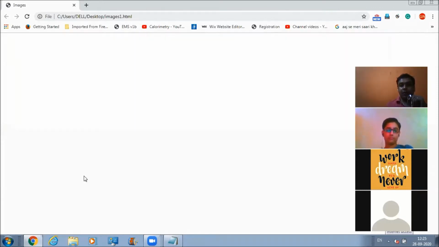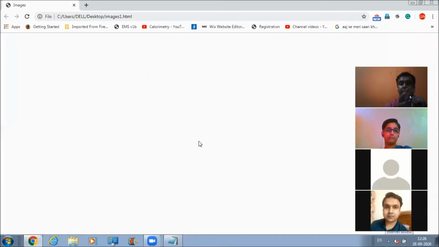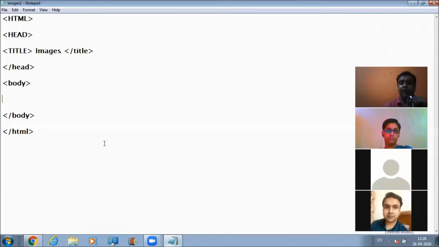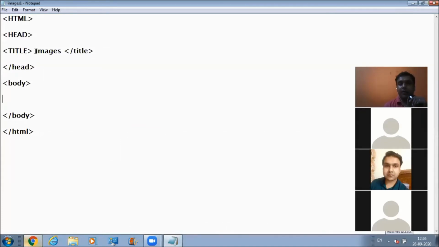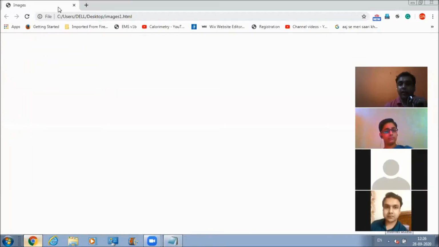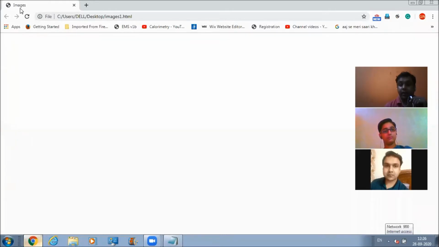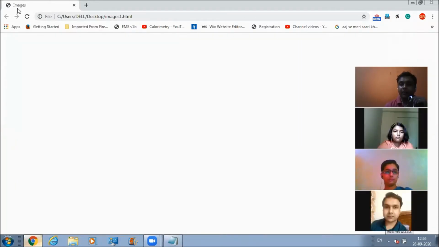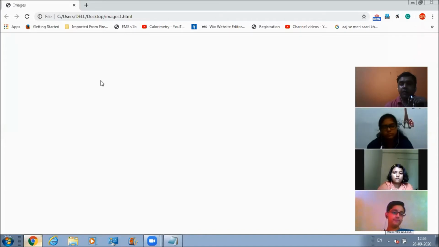Okay, so this is the output that we are going to get. This is a white screen, completely white. Why? Just because we haven't defined anything in the body part yet. Now, what is the title that we have given to our web page? This is the title. And where is it getting reflected on the screen? It is getting reflected here right on the top. Are you all able to see the title of the page? Yes, sir. So this is the basic structure that we have defined for creating this web page.